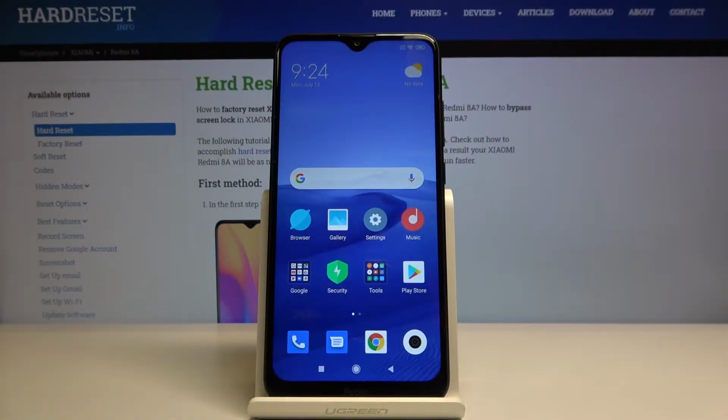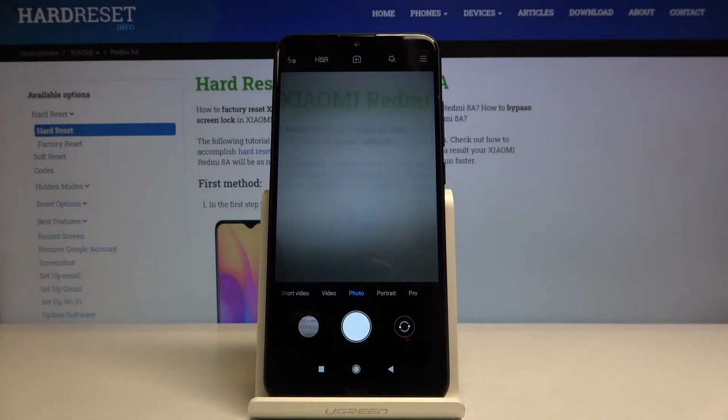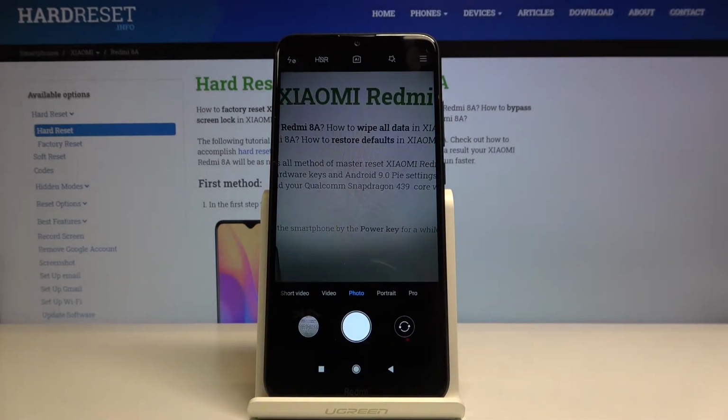Welcome, here I've got Xiaomi Redmi 8A and I'm gonna show you how to change aspect ratio in the camera app at this device. So at first we have to tap on the camera button here to open it, and as you can see we are in the standard photo mode,